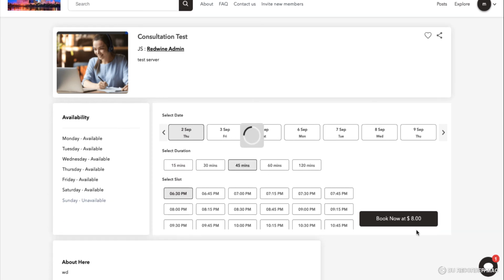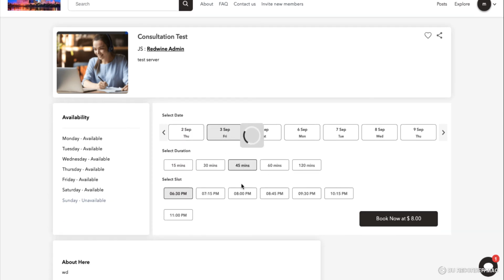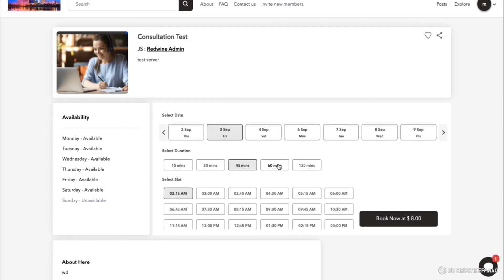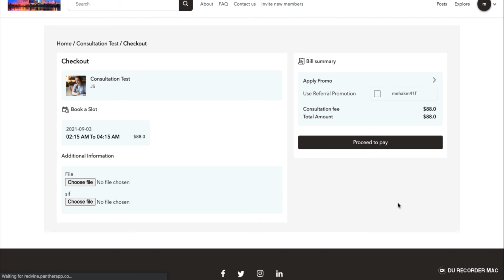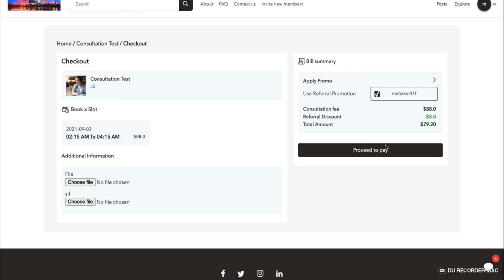I'll select the slot. As you can see, I have the option to either use a promo code or use a referral promotion. If I click on referral promotion, I can see the referral discount of 10% has been availed and the amount payable now is $79.